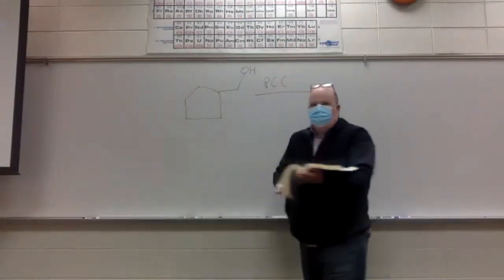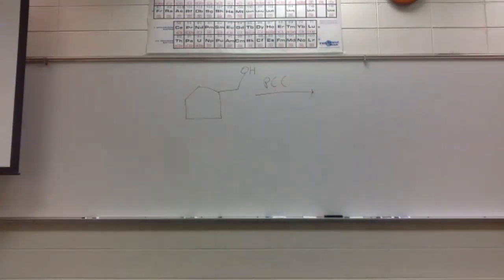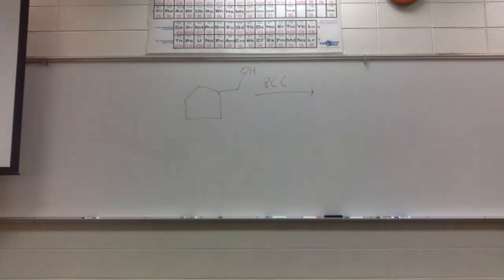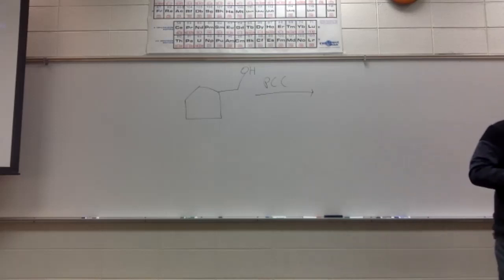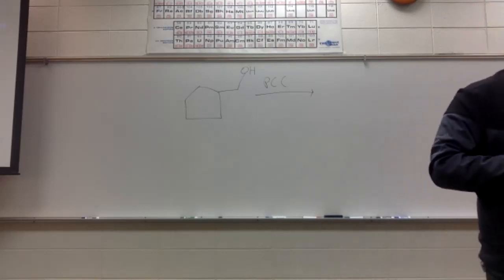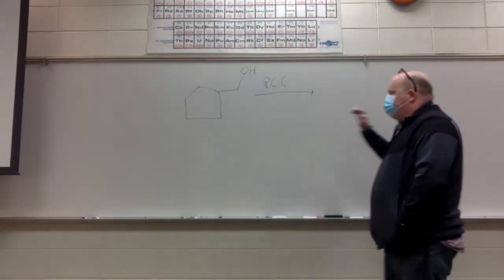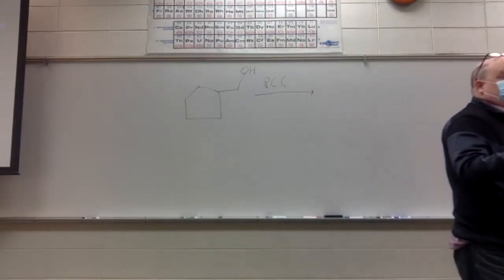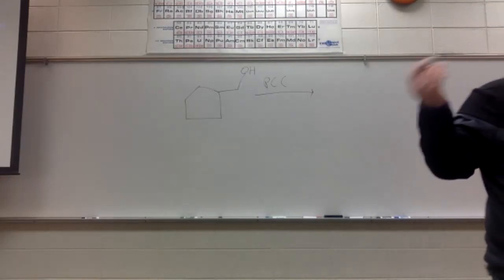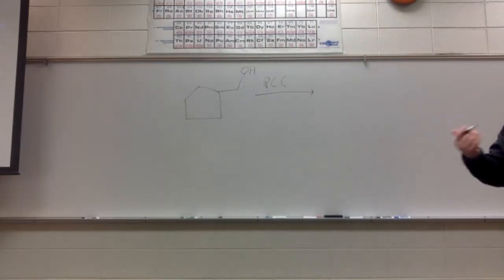All right. I'm looking in the solutions manual, so I don't know exactly how the question was set up, but I'll just set it up like this. Looking at this setup, what would you expect the product to be? It's not going to be a ketone. It's going to be an aldehyde, right? This is an example of an oxidation of an alcohol, right? And if you remember, certain types of alcohols will oxidize to certain types of compounds with certain types of oxidizing